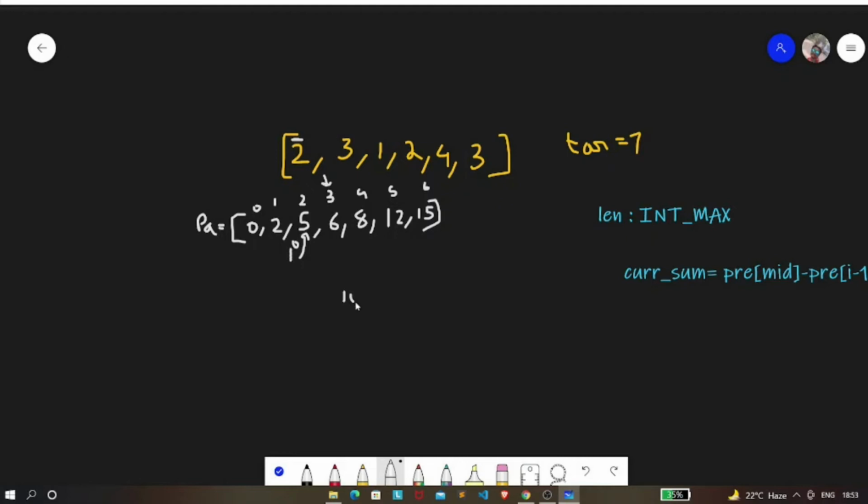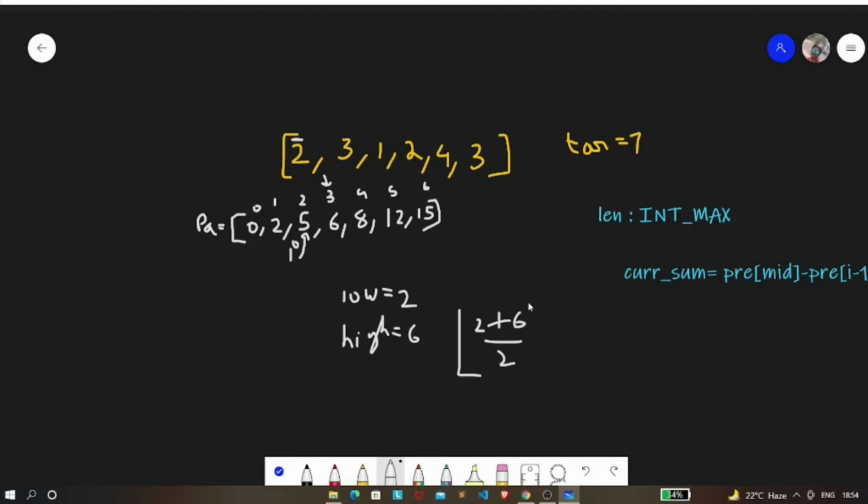So our low will be nothing but 2, and our high will be nothing but 6. Then again we're going to find a mid element, so it will be nothing but 2 plus 6 by 2.